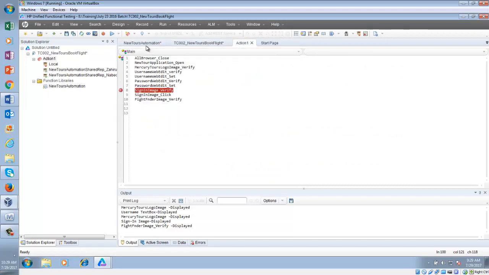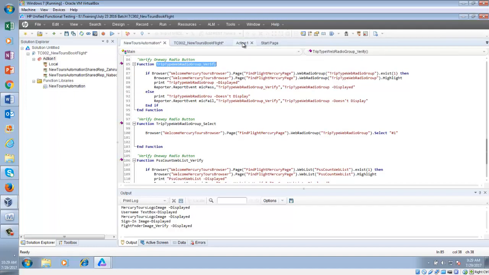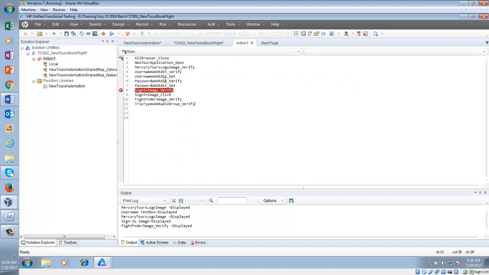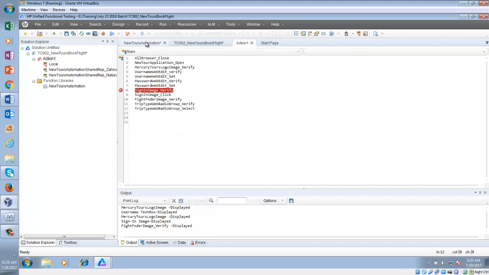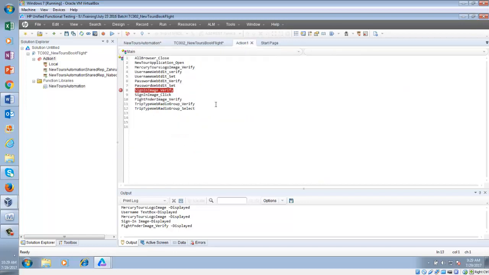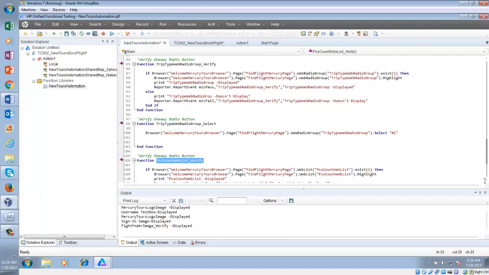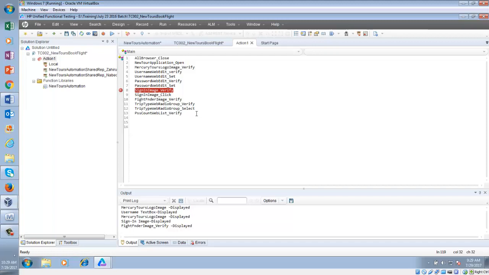Okay, then I'm going to bring the function trip type verify, then trip type radio group select, passenger web list verify, then over there, that statement you don't need to change.